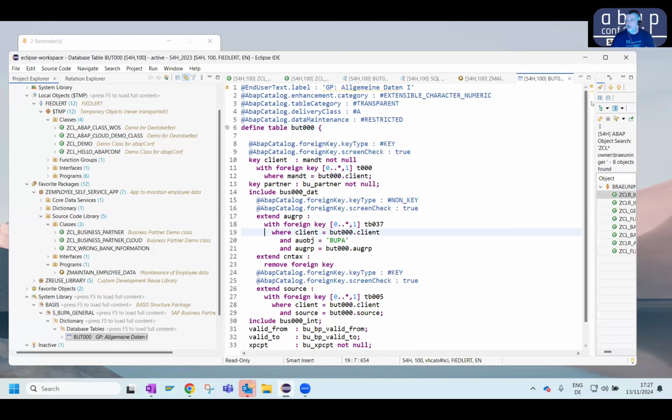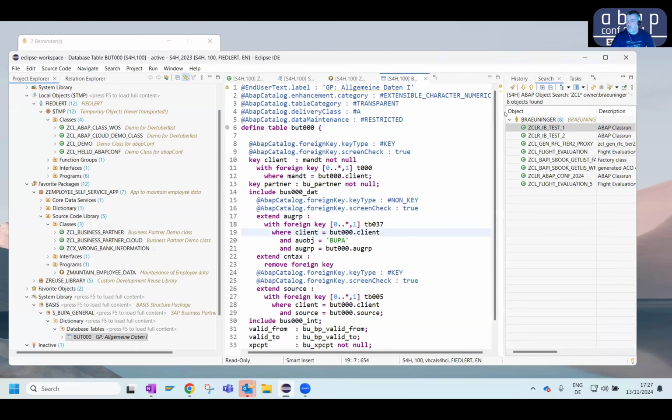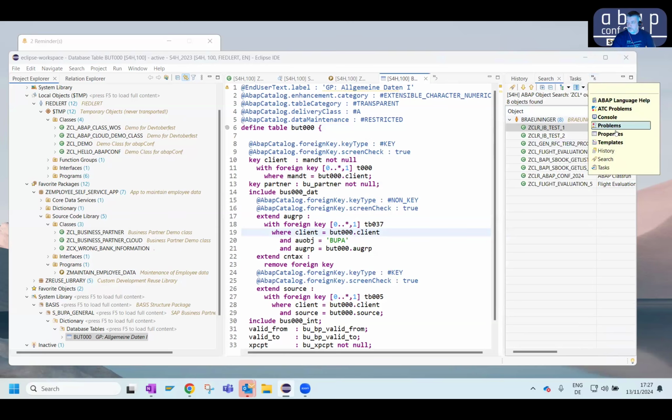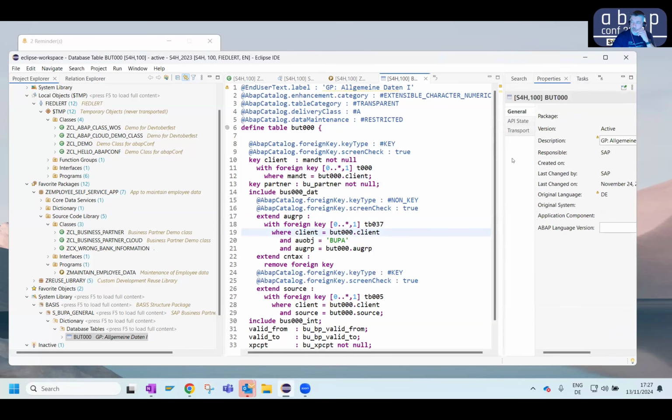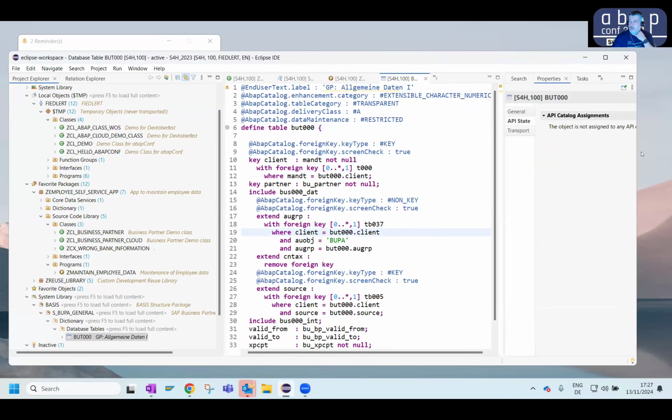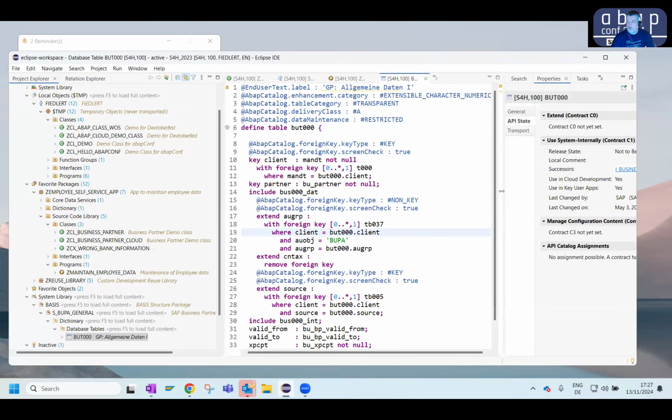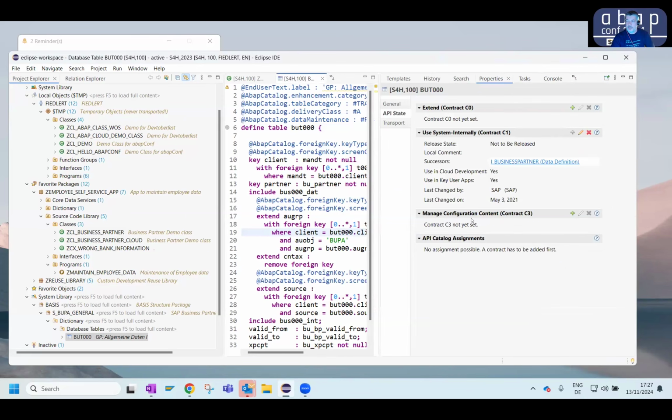Having said that, I want to quickly go into the properties view, because there you also see some very nice information. What I already mentioned is you should not use these database tables anymore in your coding. You have to use the CDS views instead. And this is what you get here. You see what the successors are. Whenever you want to select data from the business partner table in the modern ABAP Cloud world, you should use this CDS view instead, which is basically a view on top of those tables, but